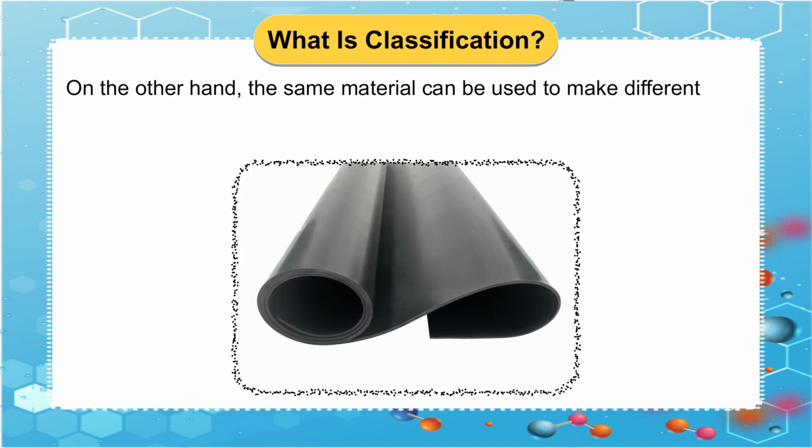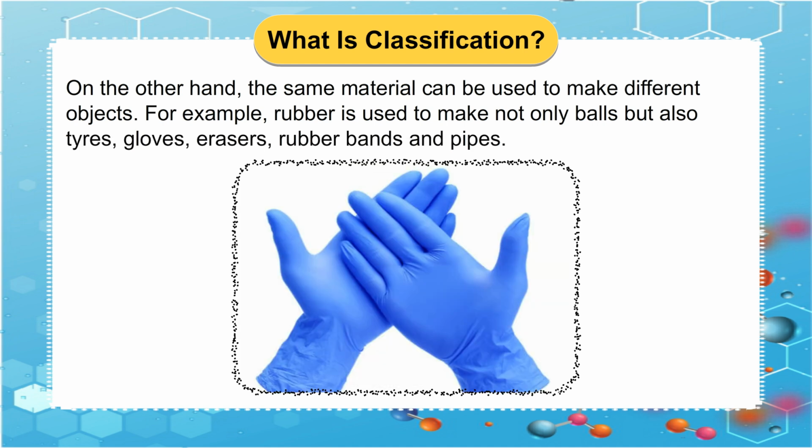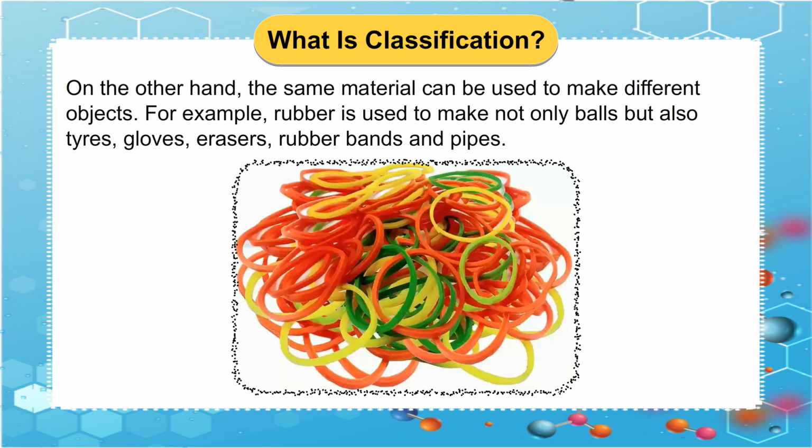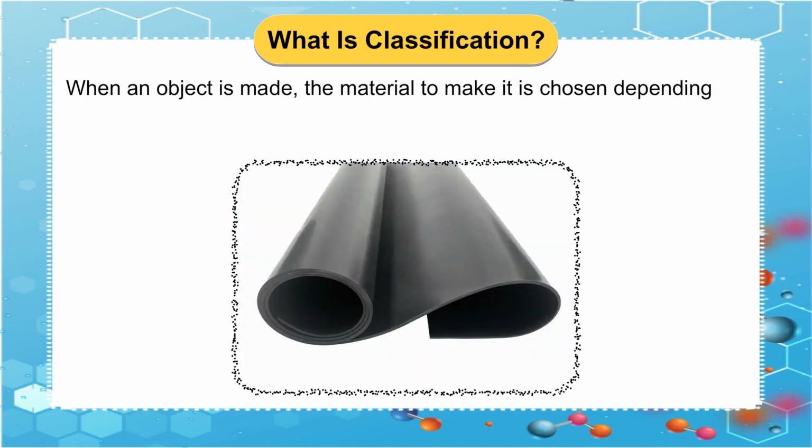On the other hand, the same material can be used to make different objects. For example, rubber is used to make not only balls but also tires, gloves, erasers, rubber bands and pipes. When an object is made, the material to make it is chosen depending upon the shape, size and the use